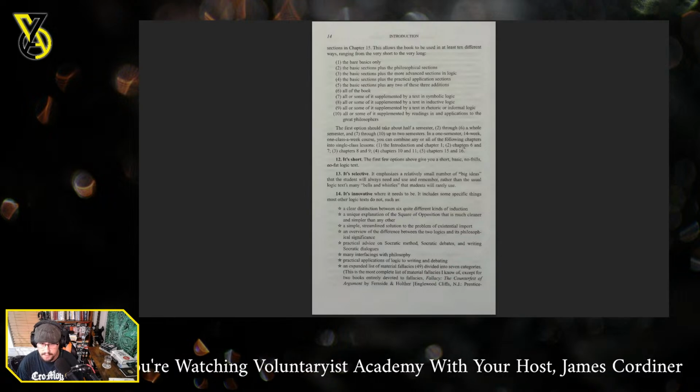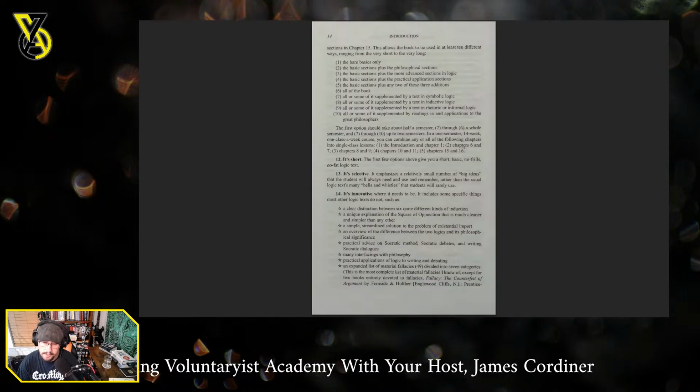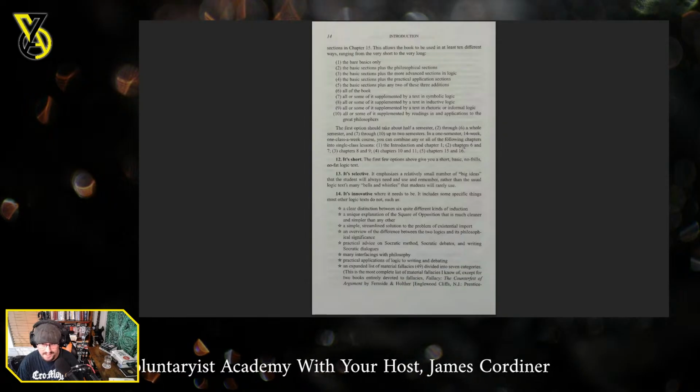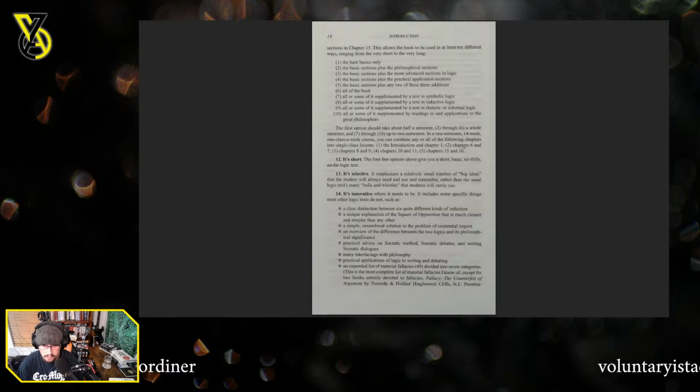It includes some specific things most other logic texts do not, such as a clear distinction between 6 quite different kinds of induction, a unique explanation of the square of opposition that is much cleaner and simpler than any other, a simple, streamlined solution to the problem of existential import, an overview of the difference between the two logics and its philosophical significance, practical advice on Socratic method, Socratic debates, and writing Socratic dialogues, many interfacings with philosophy, practical applications